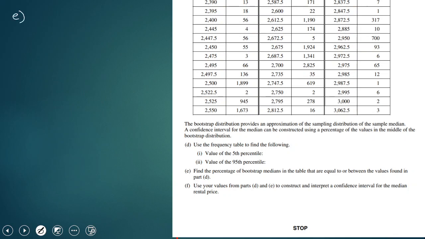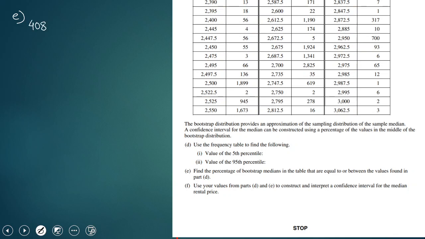Okay, almost done. So we're on part E. Find the percentage of bootstrap medians in the table that are equal to or between the values found in part D. Okay, so between the 5th and the 95th percentile, so let me just calculate 1 plus 13 plus 18 plus 56 plus 4 plus 56 plus 55 plus 3 plus 66 plus 136. So that is 408